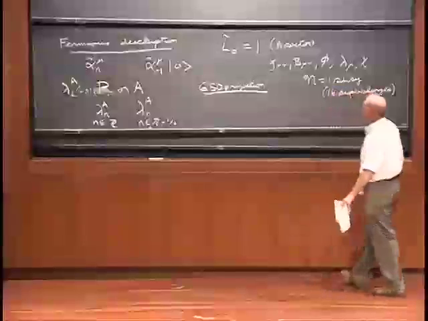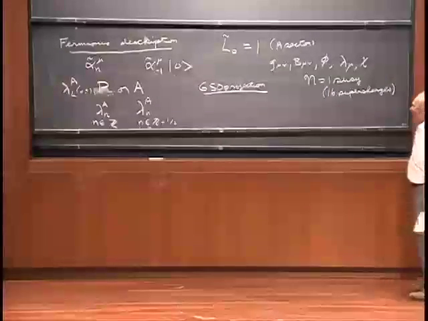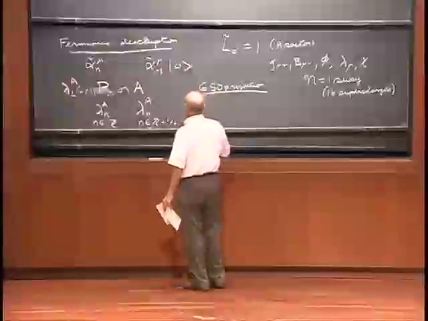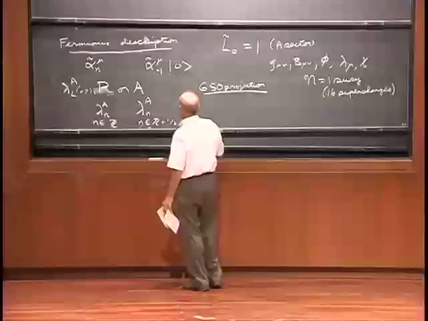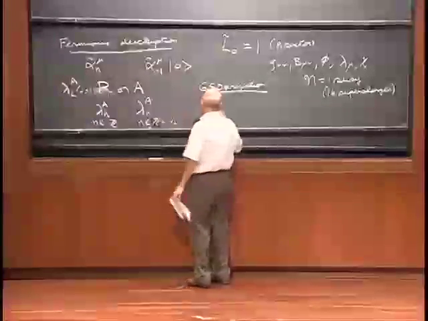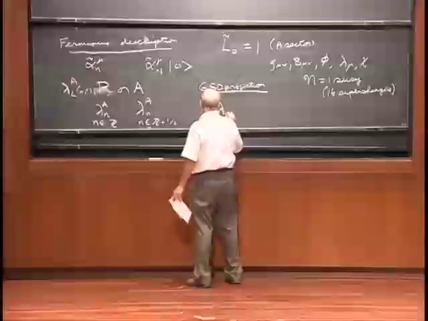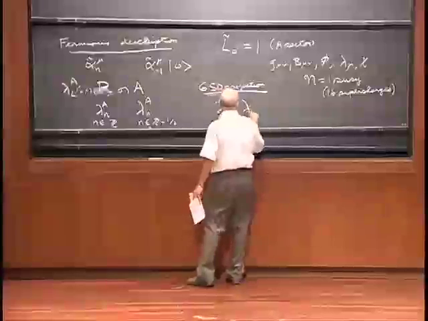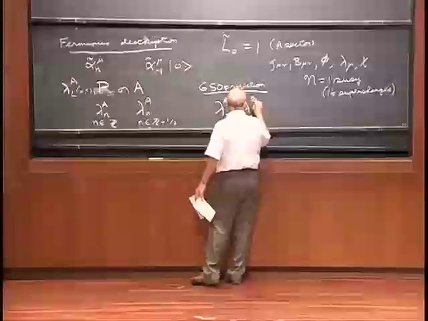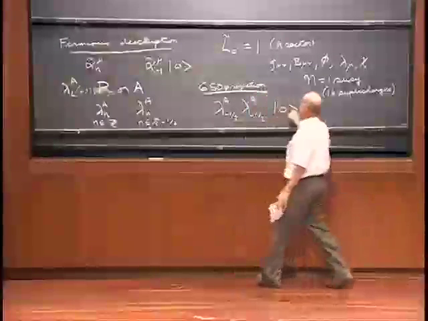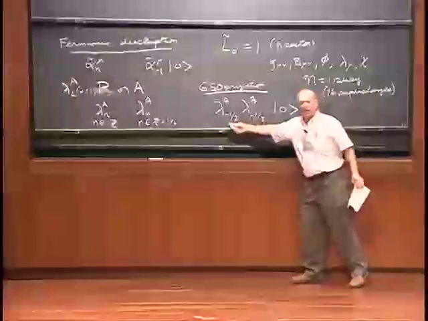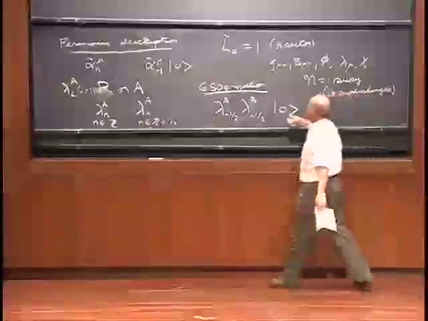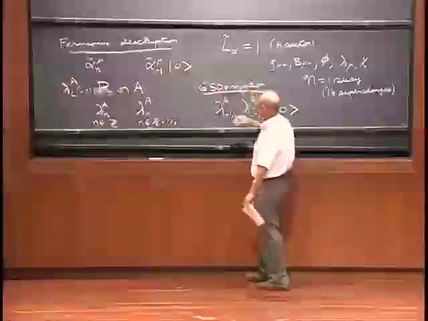So in the A sector, this constant is 1. And so to get states that will be massless, since these lambdas have half-integer indices, we have to use two of them acting on a Fock space ground state to build up one unit of excitation. Minus a half plus minus a half is minus 1. That gives me the one unit of excitation to get up to the massless level.